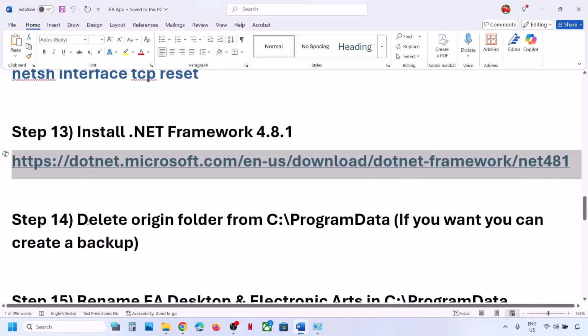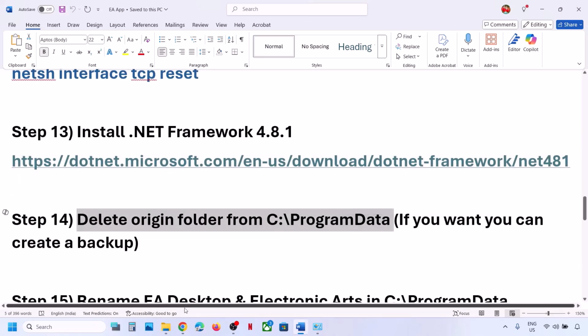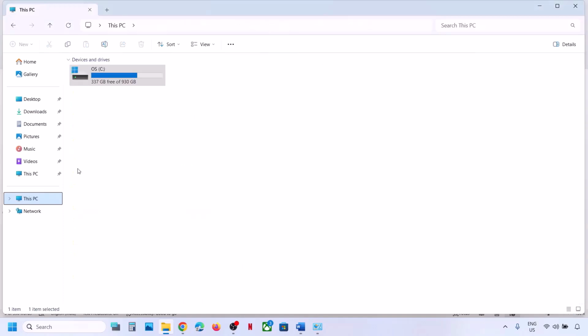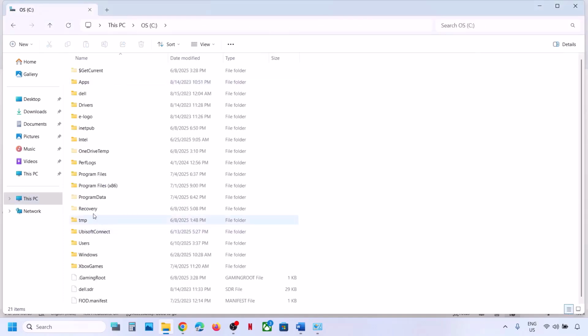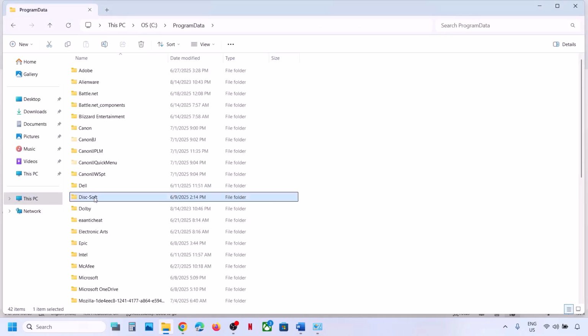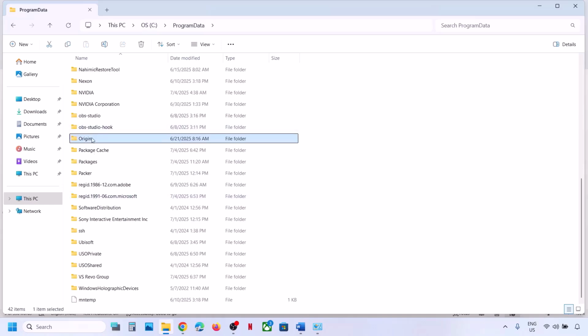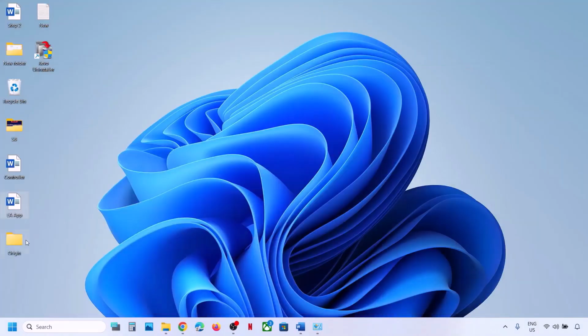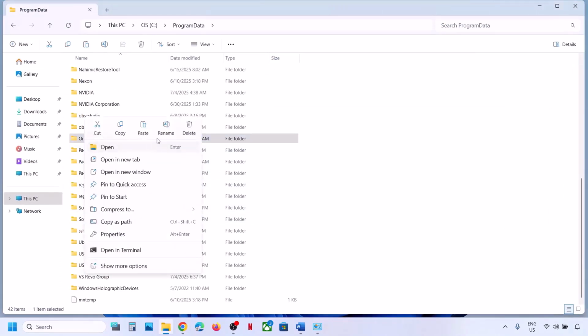Next step is to delete the Origin folder in C ProgramData. For this, you can go to This PC, open C drive, open ProgramData, and then find the Origin folder. If you want to create a backup, you can copy it and paste it to the desktop. Once you have a backup created, you can delete this Origin folder over here, and then you can